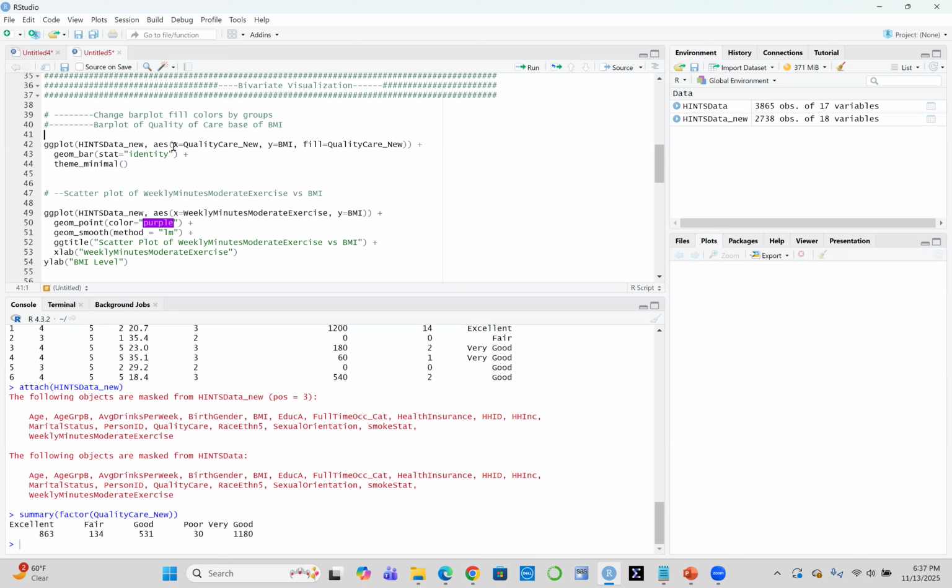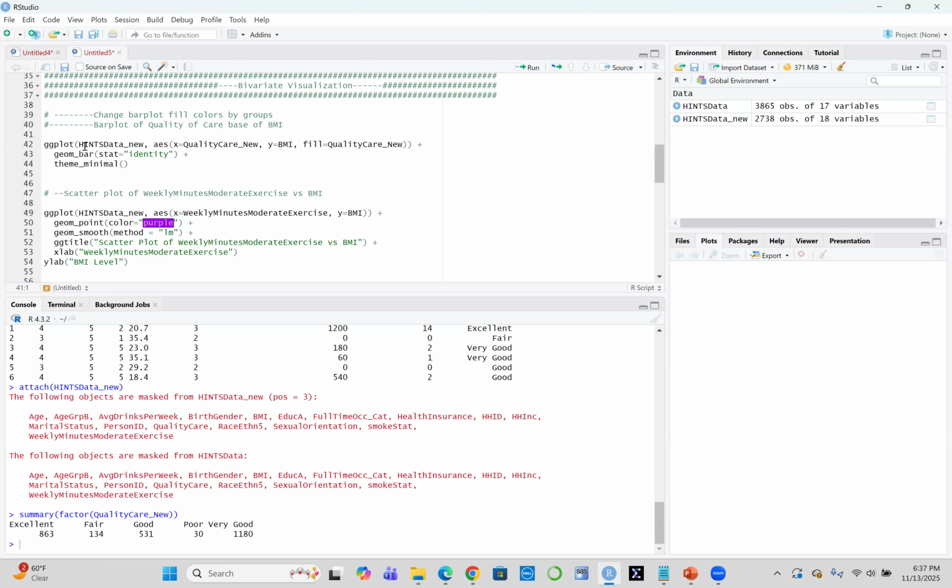In other words, we want to know the distribution of the quality of care for BMI. So if you take somebody with excellent health status, what is their distribution for BMI,